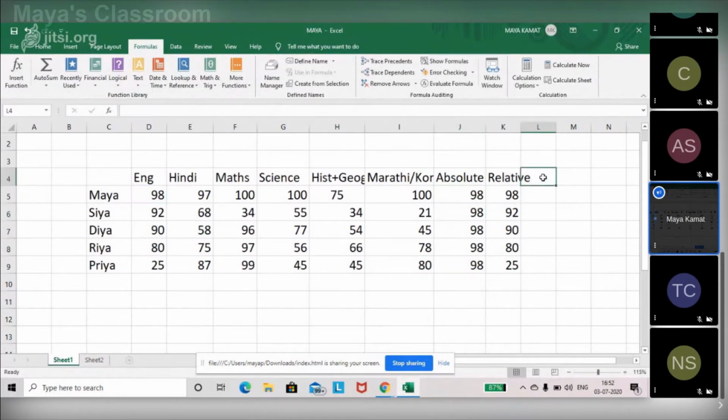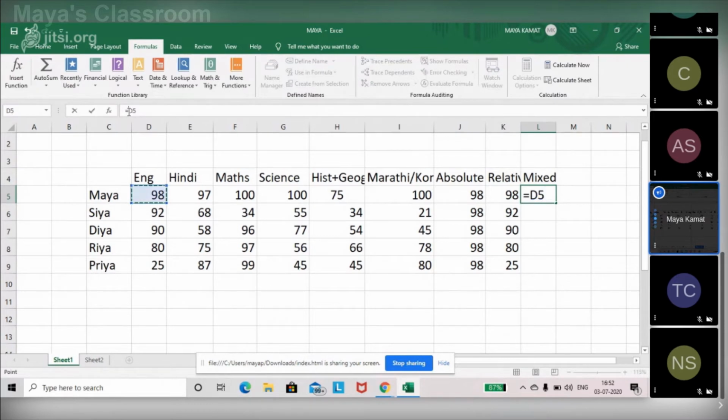Absolute, relative, and mixed. From the name itself, it is telling you that it can either lock the row or the column. So let's see what we are going to do here.